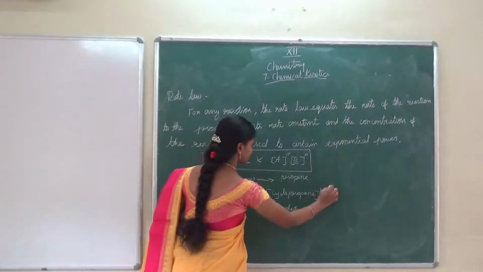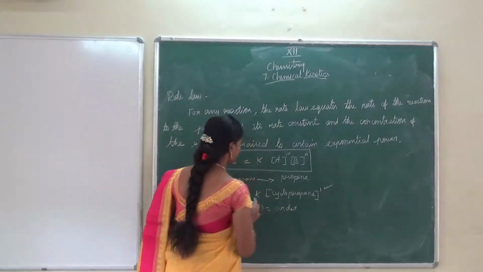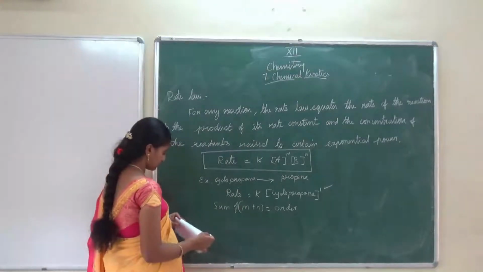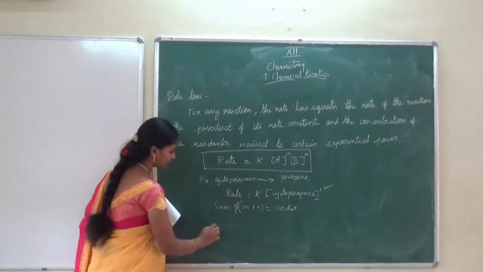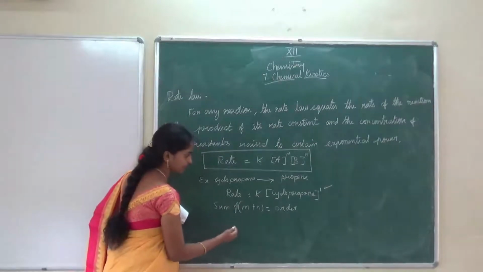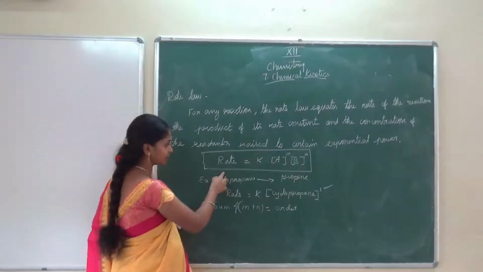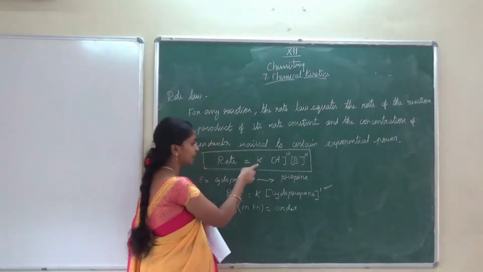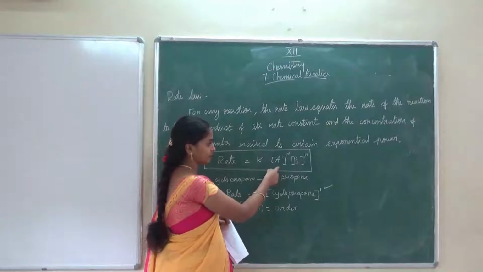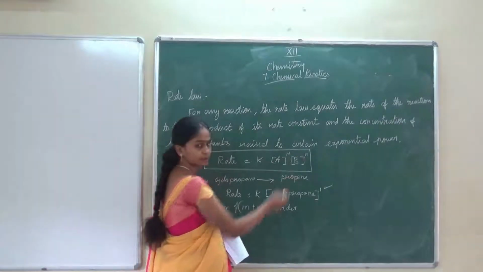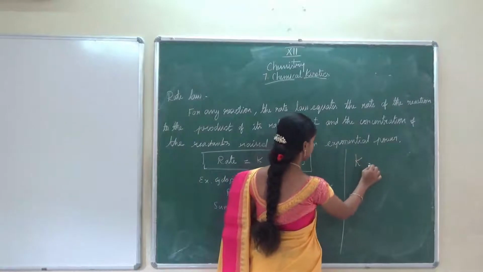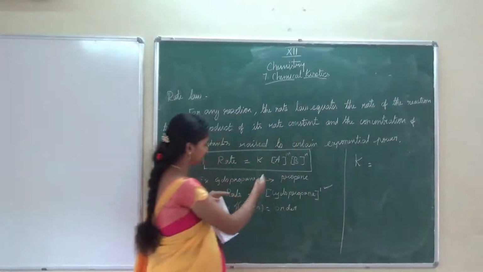The next one from here, they can ask 2 mark problems. They will ask you to find the K value also. For example, find the rate constant for the cyclopropane reaction. Rate constant, surely you must remember this formula. Rate constant is available only in this formula. Rate is equal to K into concentration A power m and concentration B power n. Suppose they are asking you to find the rate constant K, then the equation will become like this.